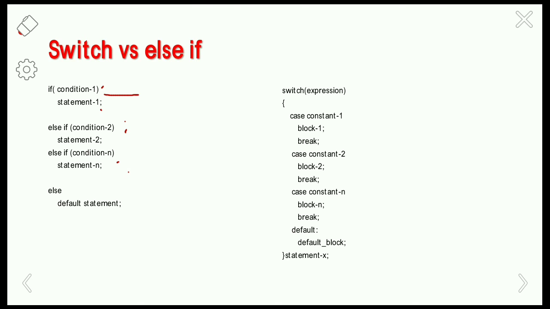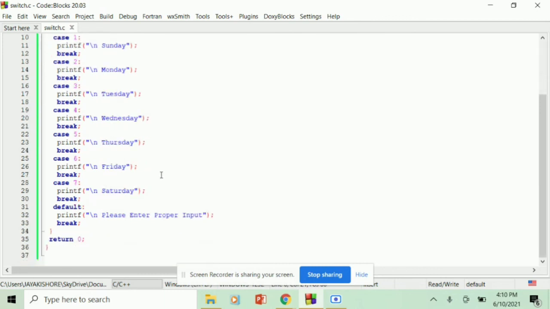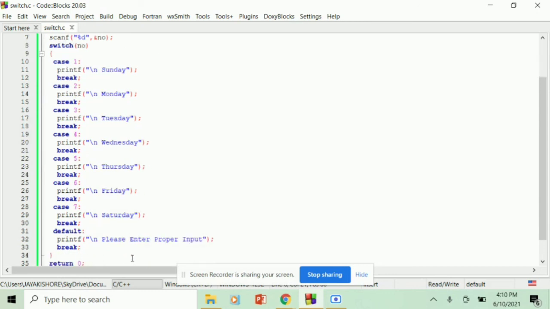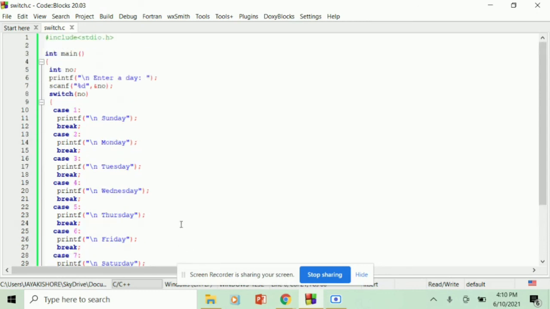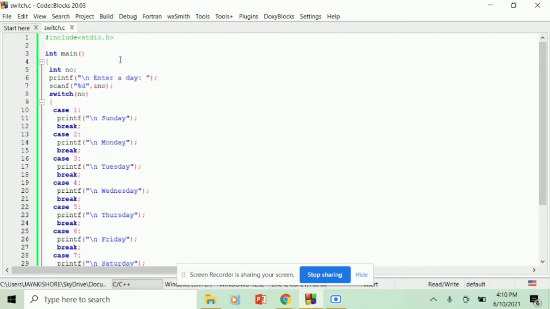So now let us see the execution of a program. Given the days in a week starting from 1, that is Sunday, to Saturday. If none of the cases is satisfied for the given input, then it will print the default case. Now let us execute this program and see how it works.